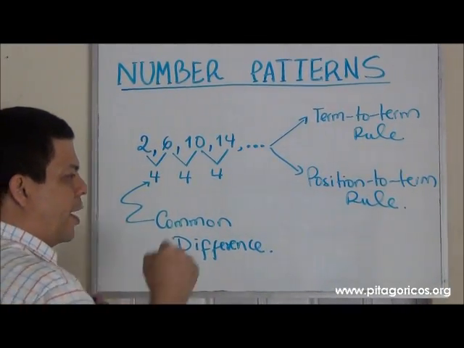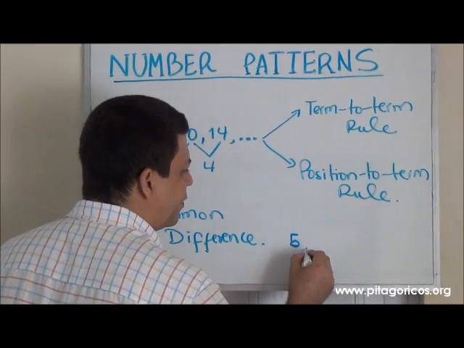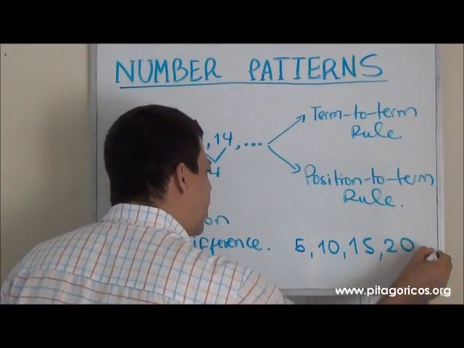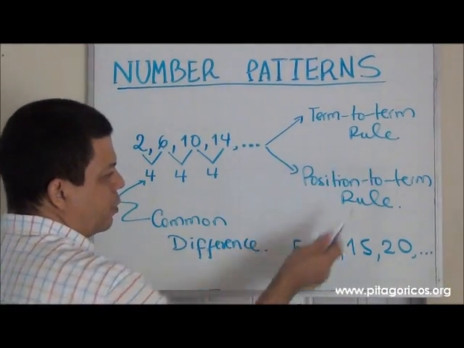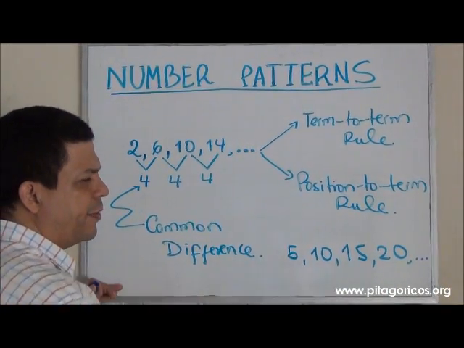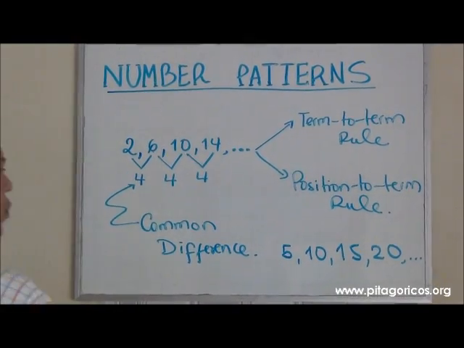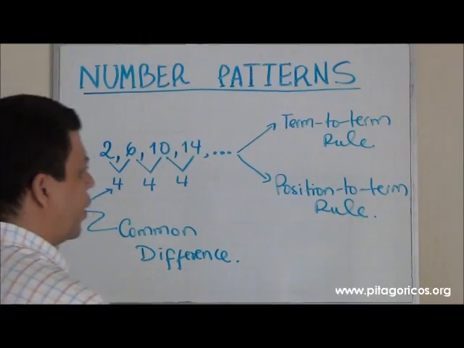Another example. Let's say that I have 5, 10, 15, 20, etc. Term-to-term rule: start with 5 and add 5. That's simple. Well, I want to talk a little bit about something that we call the